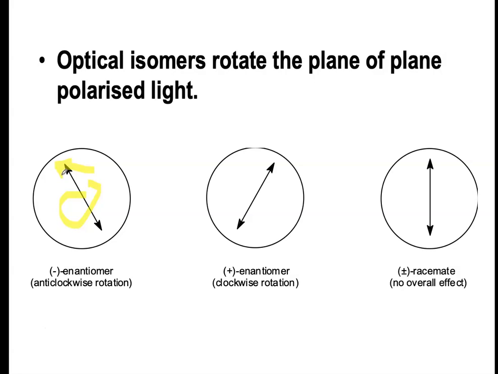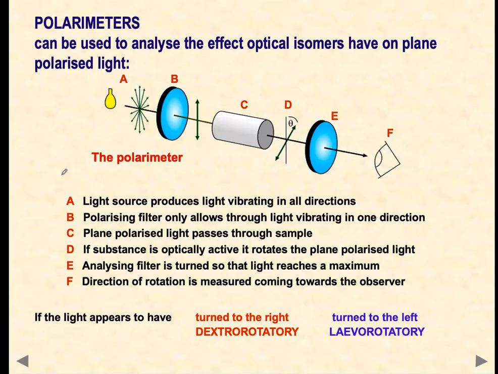Okay, so optical isomers rotate the plane of polarized light. I will not play this video, but there's a link which you can have a look at. How do polarimeters work? You need a basic understanding of this. Any good textbook will have this. Polarimeters are used to analyze the effect optical isomers have on plane polarized light. Nicely